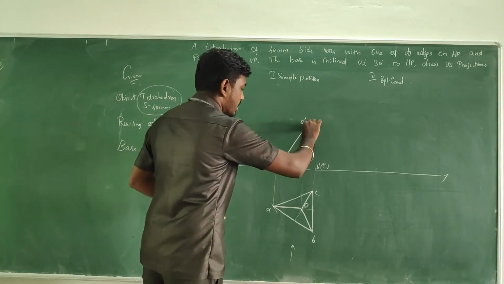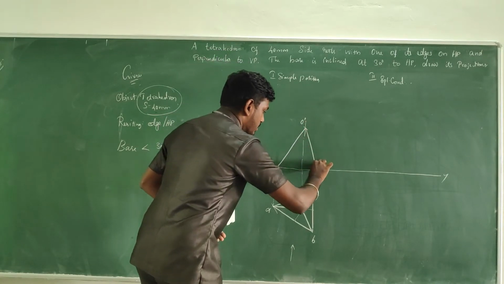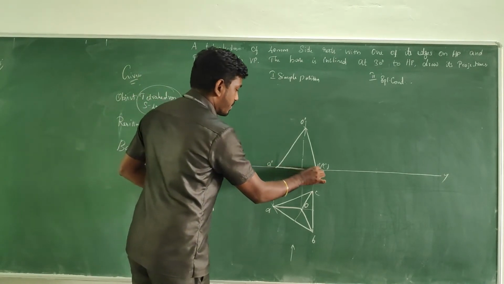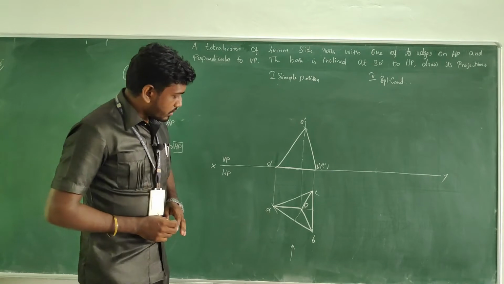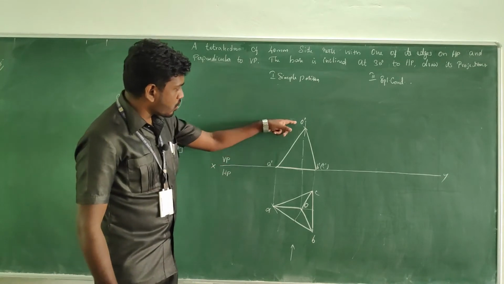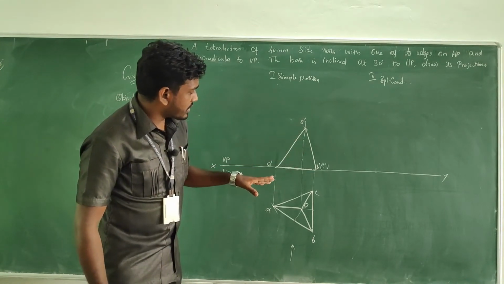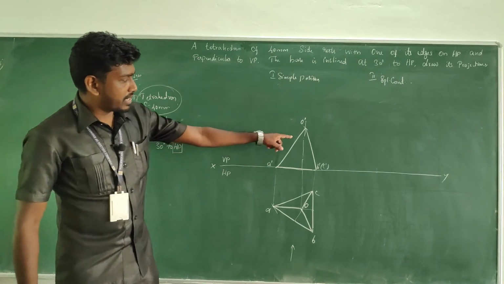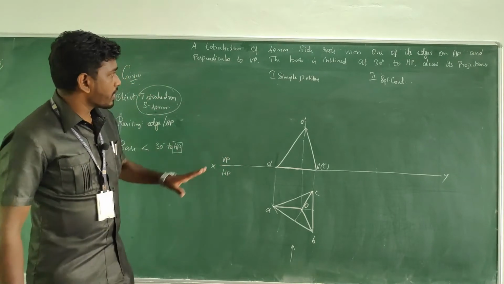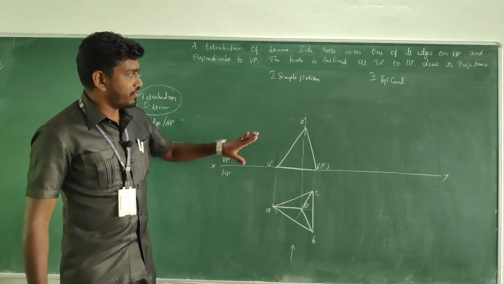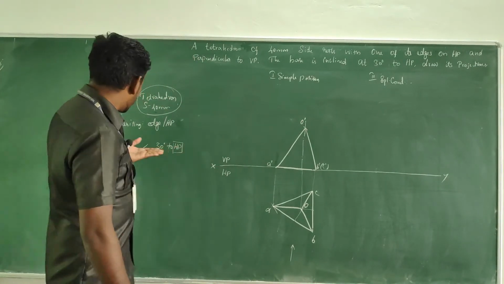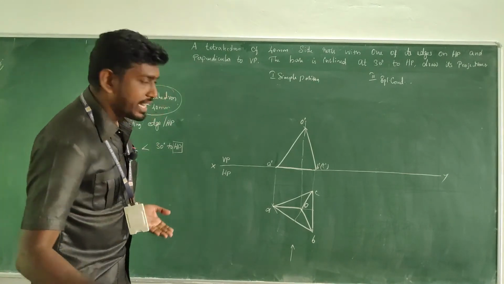And then it is easy. After finding the axis height, by connecting it, we get the observation of the view in the front view. So this is how the things will be. And what portions are visible? A to O is visible, B to O is visible, and C to O is invisible, but it is just lying behind the edge O to B. So we have to make it a dark line. That's all. So this is the front view for the simple position. Move to the special condition, the second stage. The base is inclined at 30 degrees to HP.